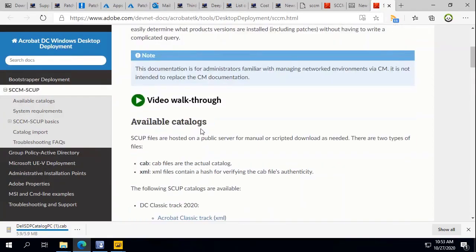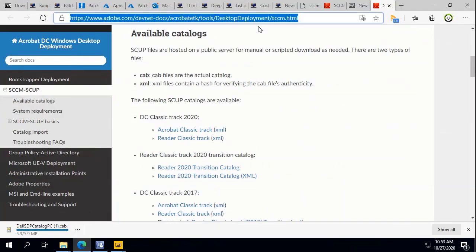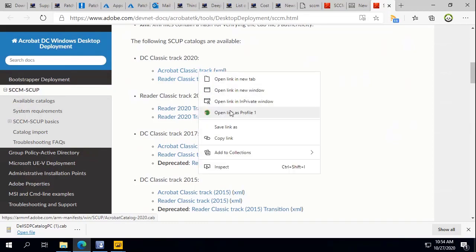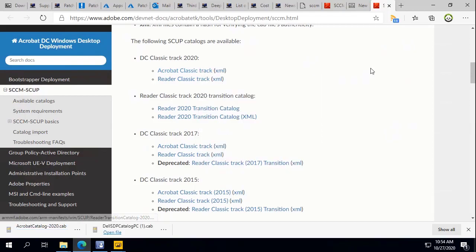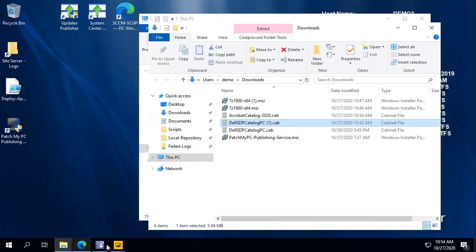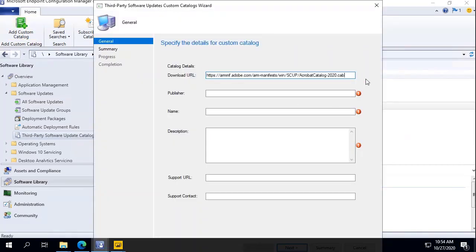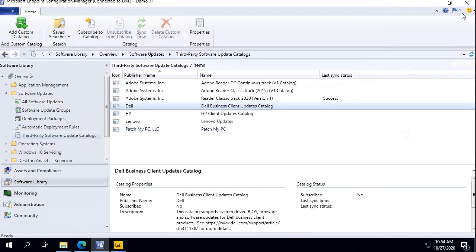Now for Adobe, you can actually go get their driver catalog. I'll paste the link here as well as an announcement in Teams. So let's say that you want to do Adobe Reader or Adobe Acrobat. You can download the cab from their website and basically copy the URL, right? So let me just download that. And you can actually add this catalog in manually, right? So if you come in here, you would simply paste the URL that you got from their download, and you can actually go create a custom one. Now, the only thing to look out for in this scenario